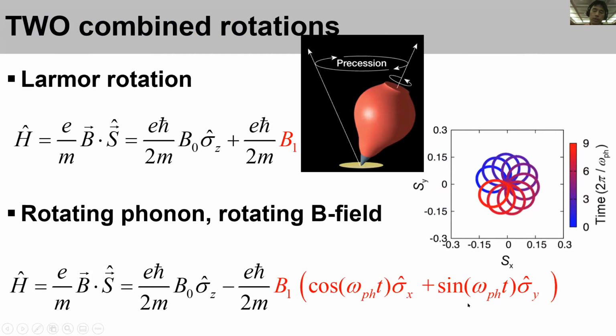by this description, I would say that in this phenomenon we have two kinds of rotating mechanism. One is the Larmor rotation. Larmor rotation is that when there is a static magnetic field, the spin should precess by the torque term of the magnetic field on the spin. And also in this case, the magnetic field itself is rotating. So with these two combined rotations, the phonon rotation and the Larmor rotation, the spin has a very complicated Floquet-like rotation, and